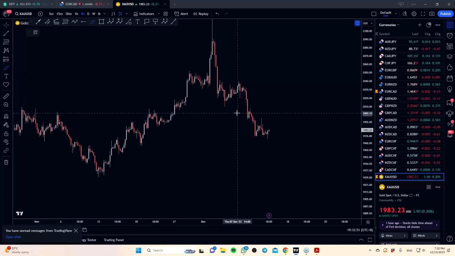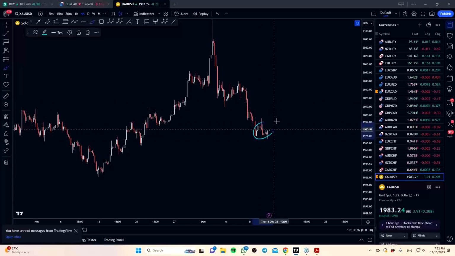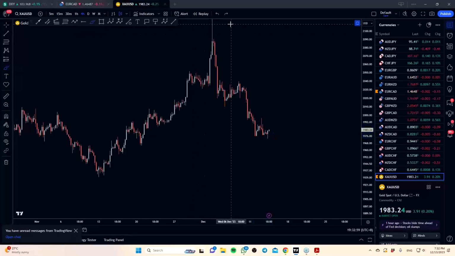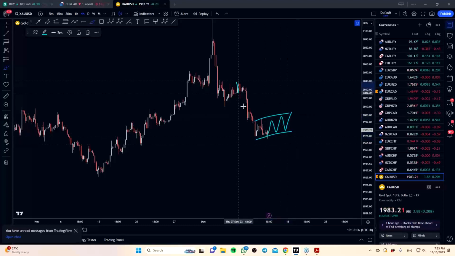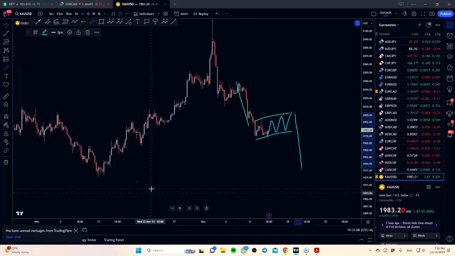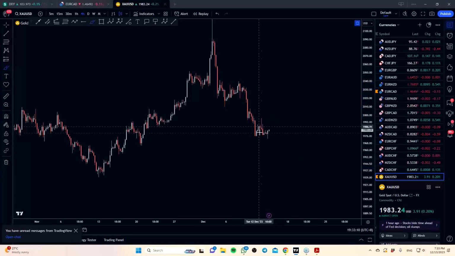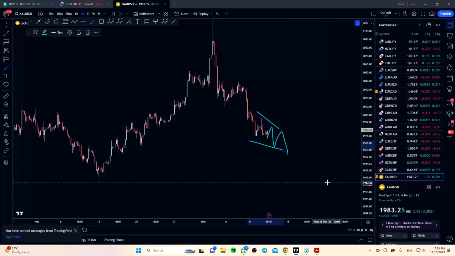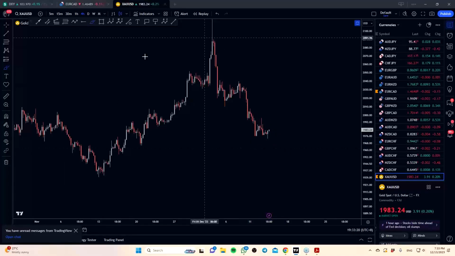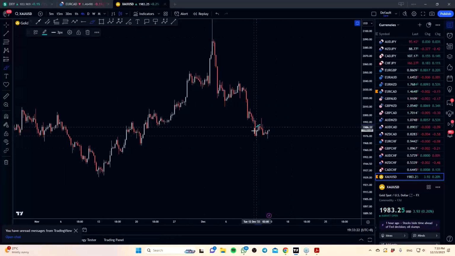If you take a look at this here, we haven't talked about the second pattern, but this has a little bit of development in either way. If the market gives us a little bit more to the upside like that, then we have a clear impulse correction to the downside. But at the same time, this is a little bit early because the market can continue to do something like that. This is going to be another pattern that we'll be talking about in a while. This chart is a little bit too small, so you just need to give it a little more time to develop.